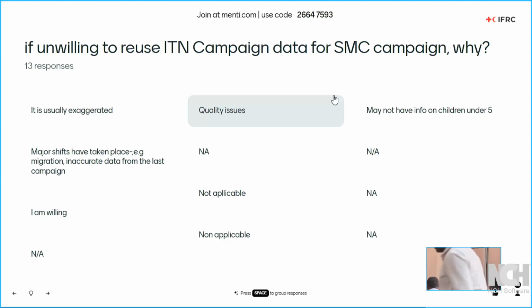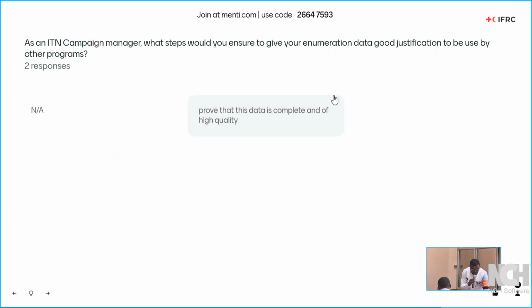Yes, may not have info of children under 5. Major shifts have taken place, e.g. migration, inaccurate data from the last campaign. Exactly. I love these responses because they are helping us set the tone of how we want to look at this framework.